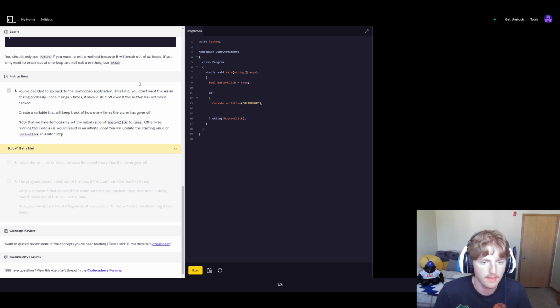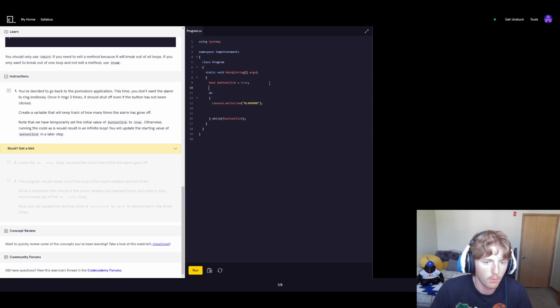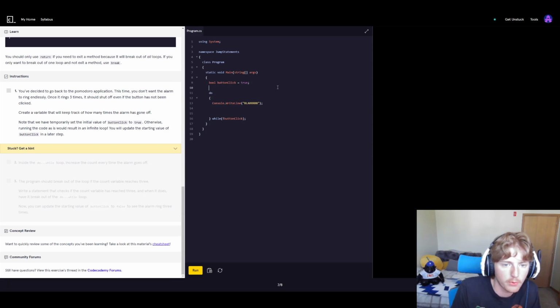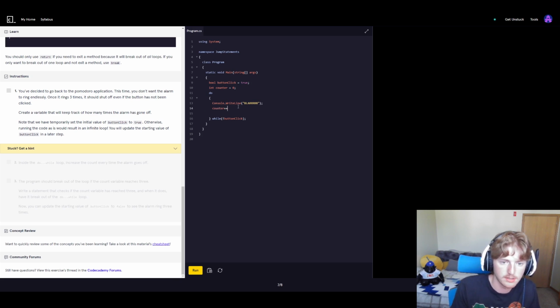So the way that I will do it is adding an additional statement within. I can do an if statement. So what I will do is create a new variable, an int variable called counter, set that equal to 0. And then while in the loop, I will make sure that the counter gets added to. And then outside of the counter, if counter